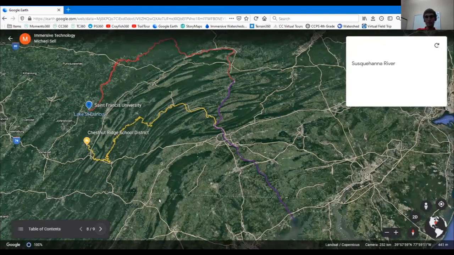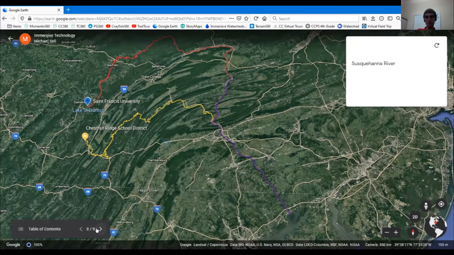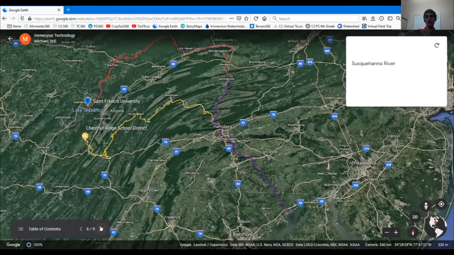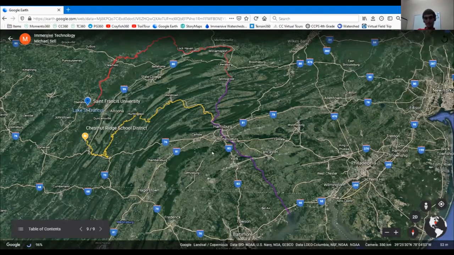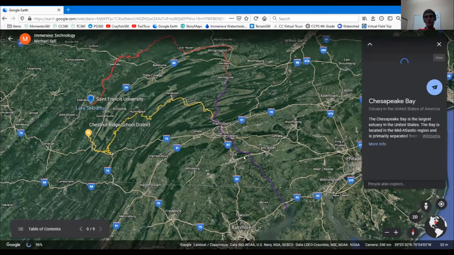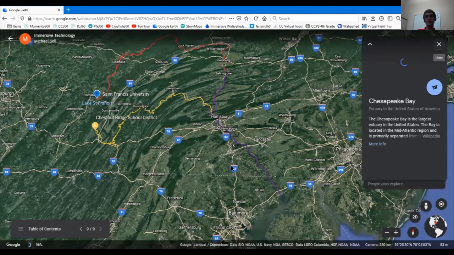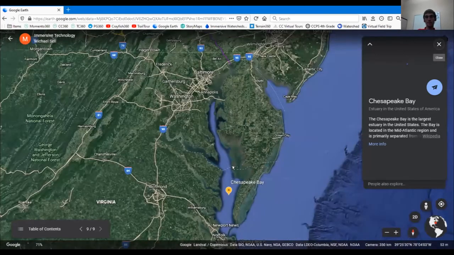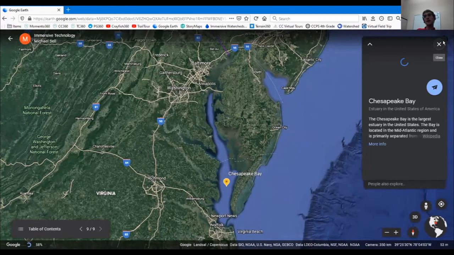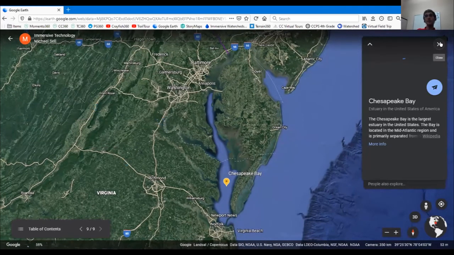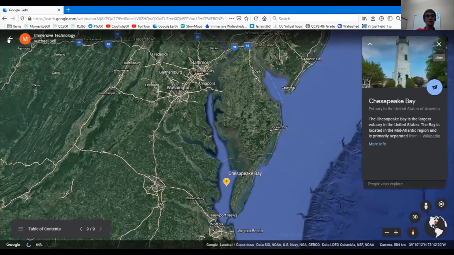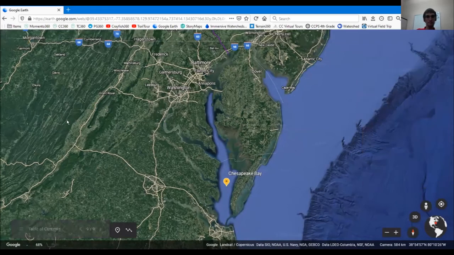And then we're able to do the wider river. So it flows down here to the mouth of the bay, and then we're able to fly down and see the bay. Now it's pretty easy to add a location. Let's say you wanted to add an additional spot to this. So if I back up here,